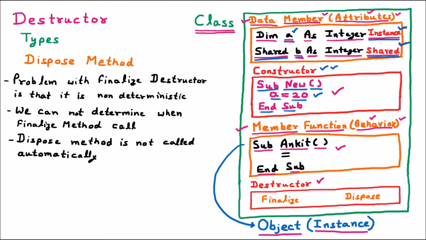If it is not called automatically, that means we know the exact state when the objects are deallocated. So the dispose method is totally opposite of finalize, because finalize was called by .NET automatically, so we don't know the state. But in the dispose method, it is not called automatically, so we know the state. The dispose method is called with the help of code, so through the code we have to call the dispose method explicitly. The dispose method is used to release resources, like database connection, file handler, system lock, and many more.